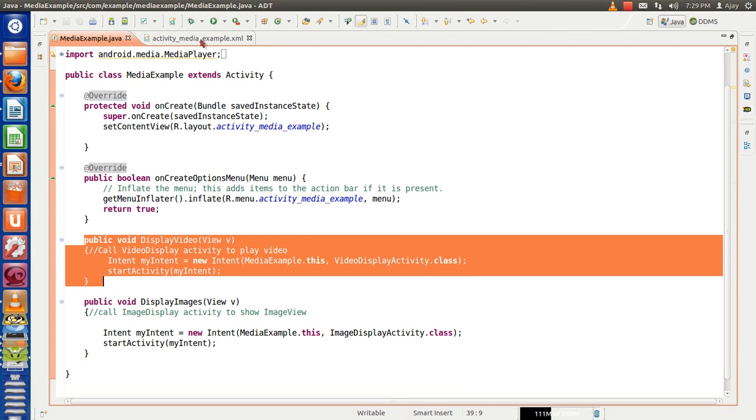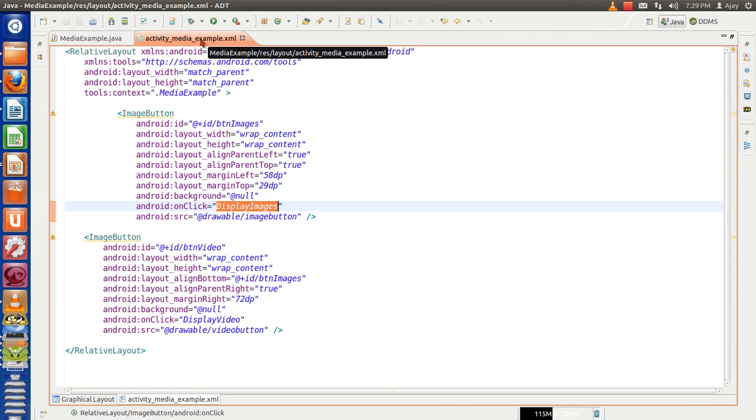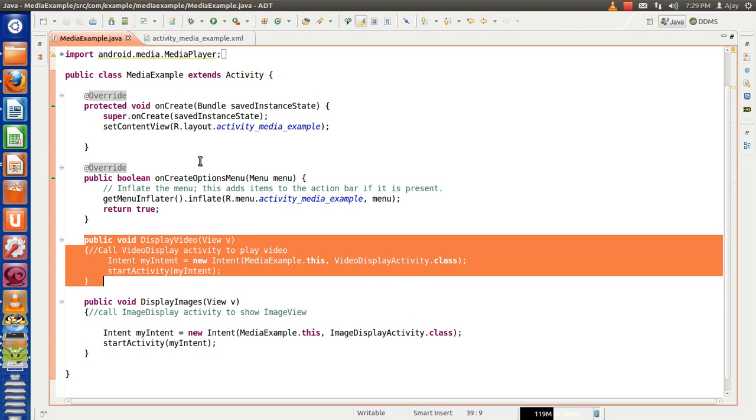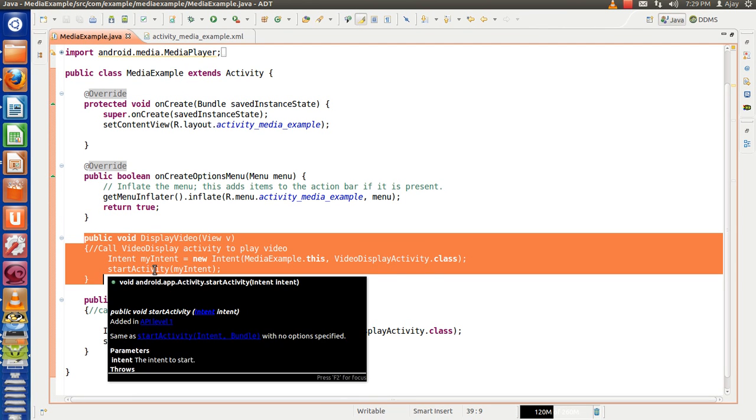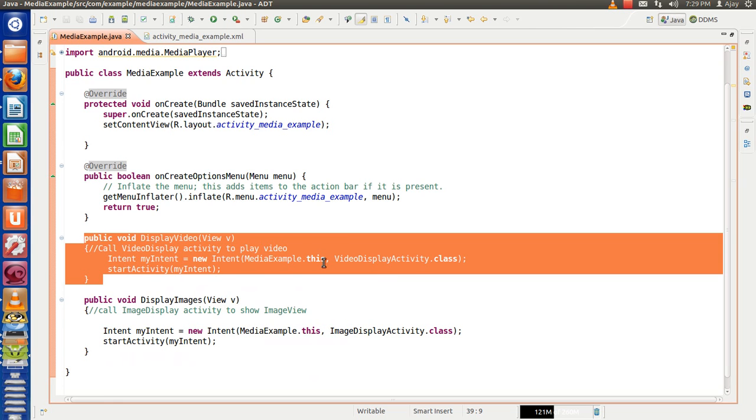You must have already seen during the previous sessions that this on click can be handled in different ways. You must have already seen how to handle it using an anonymous inner class. So this is also one of the methods to handle it. It's pretty clean. The code gets reduced to only this much. So it's a pretty easy and clean method.